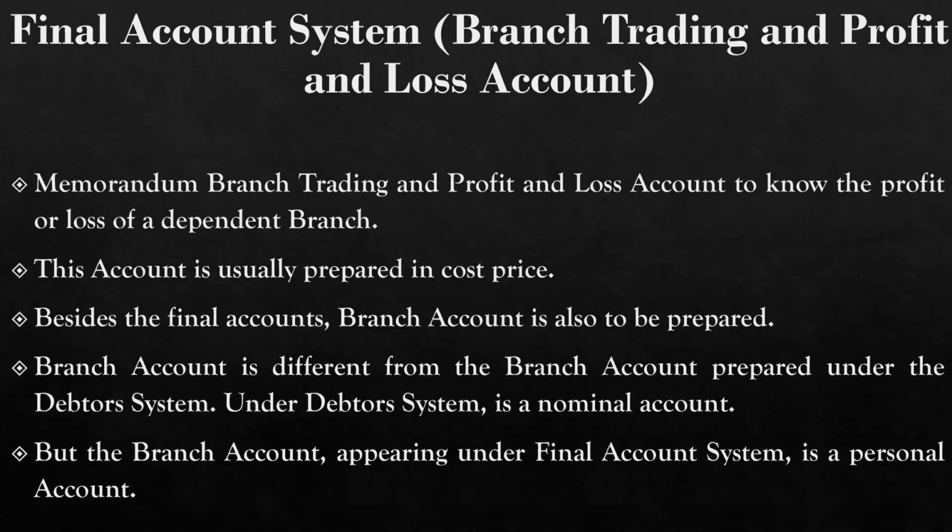First, let us understand the background, why we are preparing trading and profit and loss account. When a head office has different branches in different places, let us assume that head office has a branch in Patna, a branch in Bangalore, a branch in Chennai. So the head office prepares a branch accounting which gives clear information of what stock is going to that particular branch, what stock is coming from that branch, what expenditure is taken in the branch, and what is the profit.